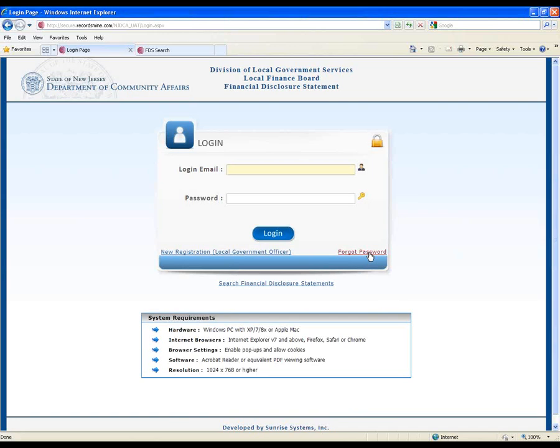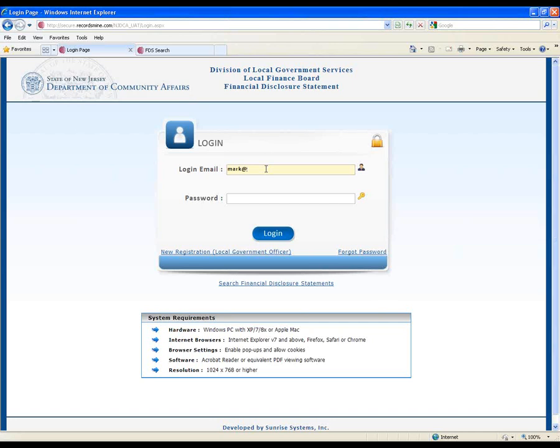What I'm going to do now is log in as an LGE, mainly like a municipal clerk, and we're going to talk about roster, how to create a roster, how to maintain a roster. I will be using two towns today as part of my demo. I use Edison Township as one of them. It just so happens that's my hometown. And the other one I will use is South Brunswick.